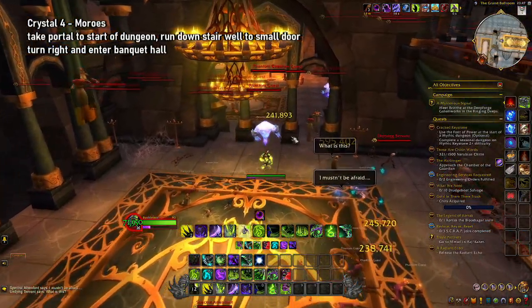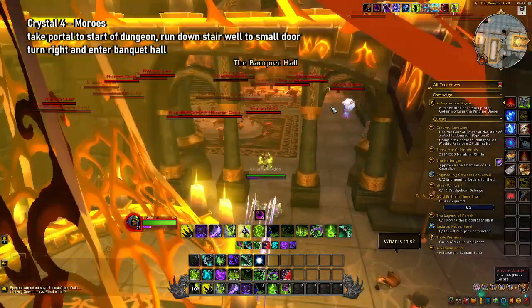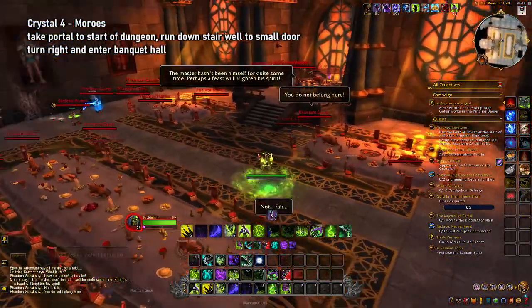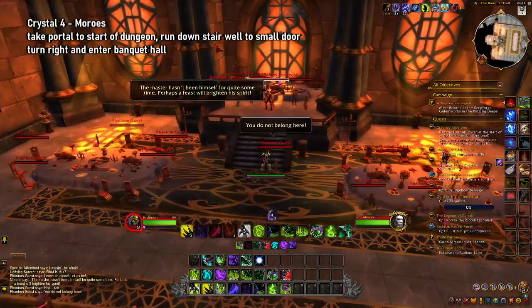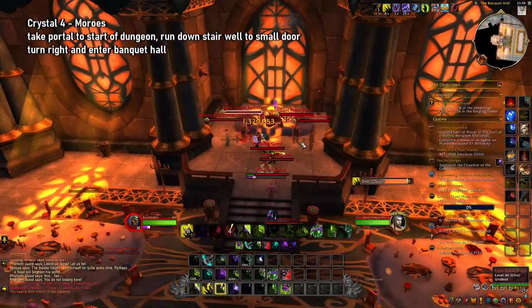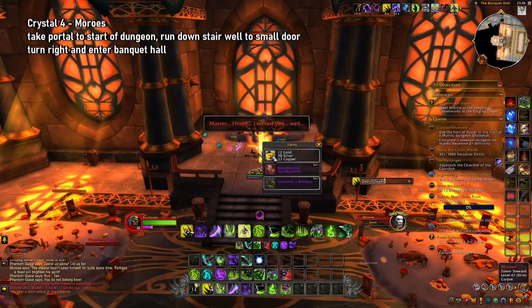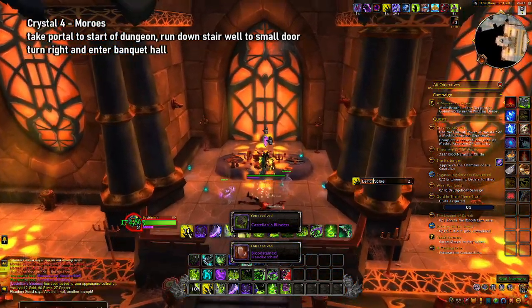So you see these rafters there. You jump straight down and you go defeat the boss Moroes. Defeating Moroes will give you access to the crystal that's behind him, but he will also drop a bunch of iron rings. You're going to want to take those rings and then head all the way back to the beginning